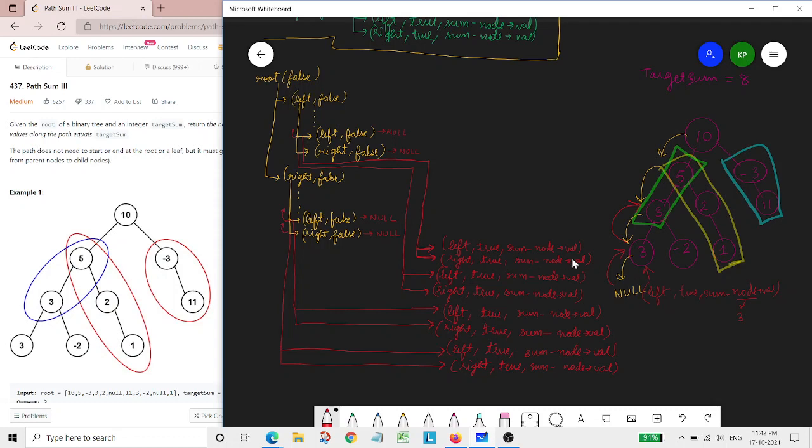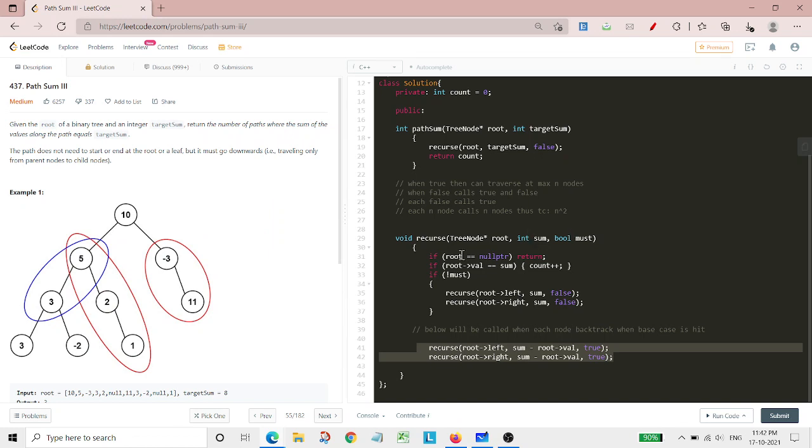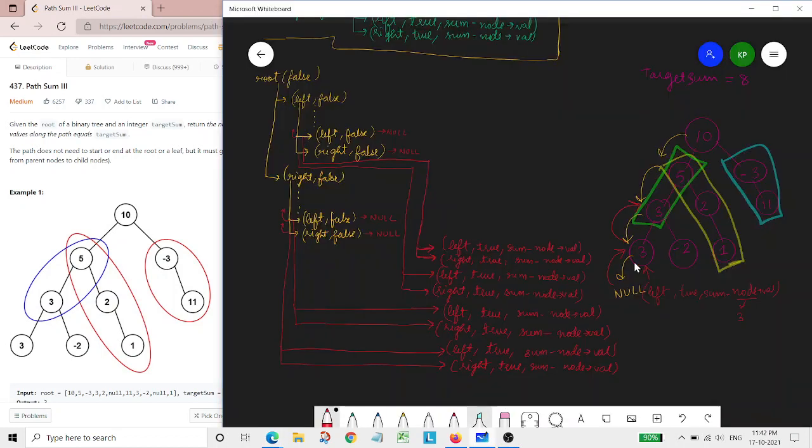That's why again it will subtract for that portion also, and then it will return these two things to its parent call. But at this moment, it has encountered root equals null, and then it returned, right? And then it will go to this particular node.